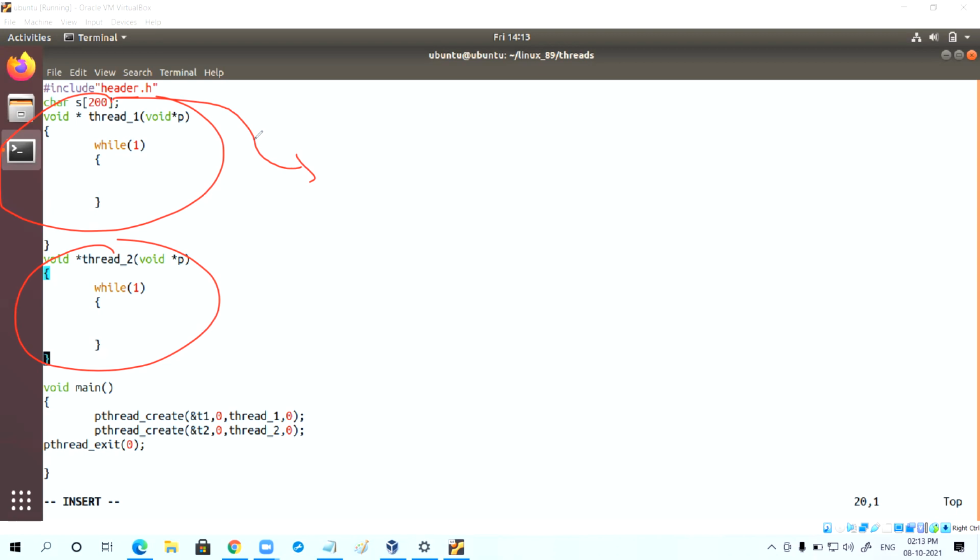Now will you agree in this case we need synchronization between these two threads. Thread synchronization can be achieved using the concept called mutex.